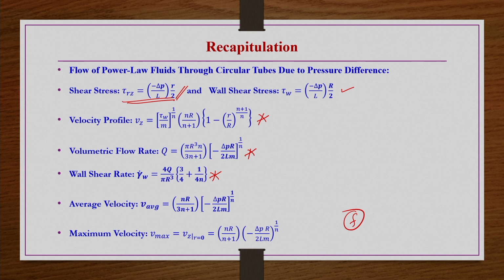So that friction factor we will try to determine for the case of power law fluids flowing through circular pipes. When a Newtonian fluid flows through circular pipes under laminar flow conditions, we know the friction factor f equals 16 by Re. What we are going to have for the power law fluids case is what we are going to do now in today's class.